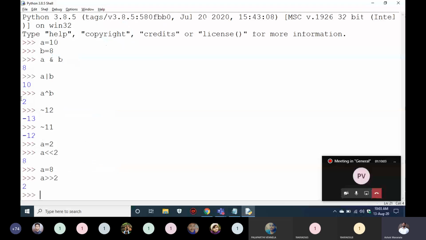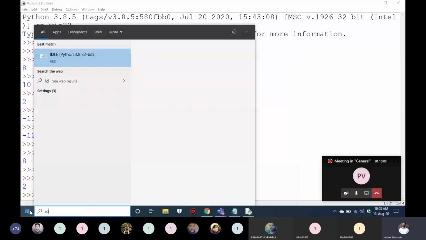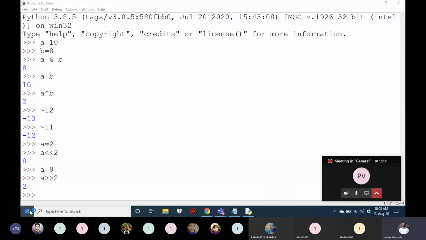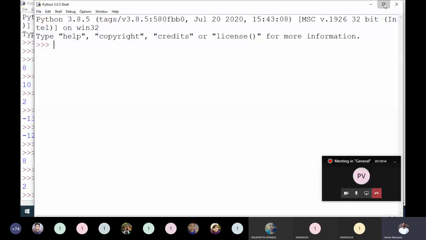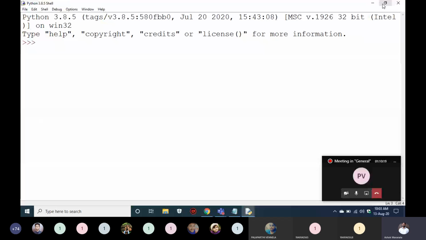So this is about bitwise operators. And we have another operator called membership. What does membership mean? The name itself tells you that it is looking for a member, whether it is a member of this part or not.